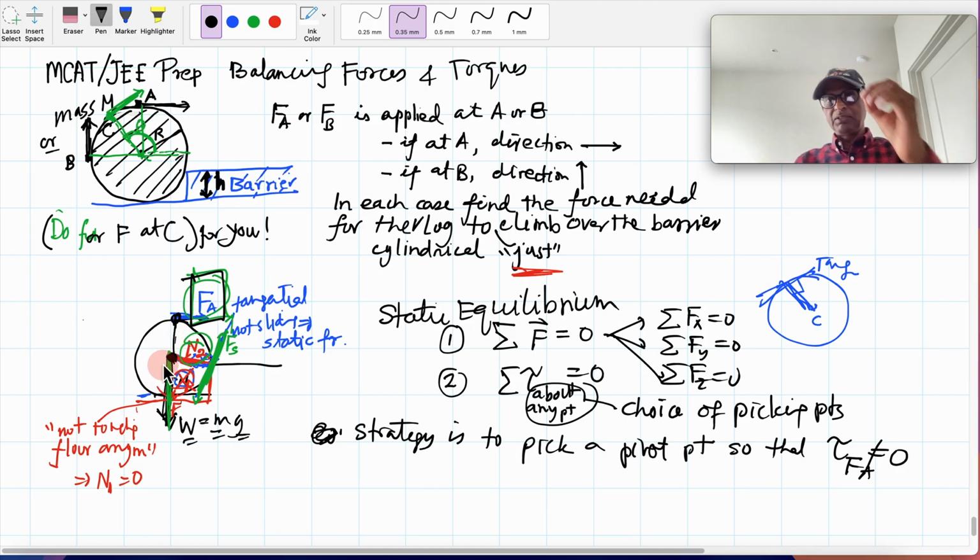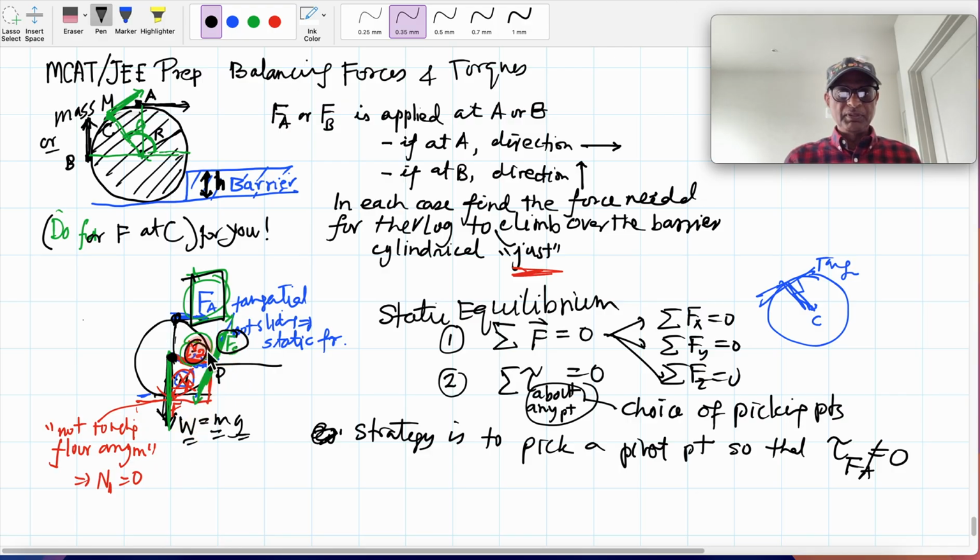Axis will be coming out. So this will be the lever arm. But then these guys will have lever arms too. We don't know these guys, and we prefer not to calculate them if not necessary. However, if I put this as a pivot point,